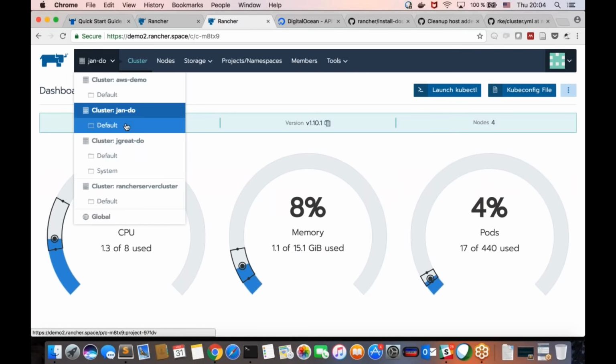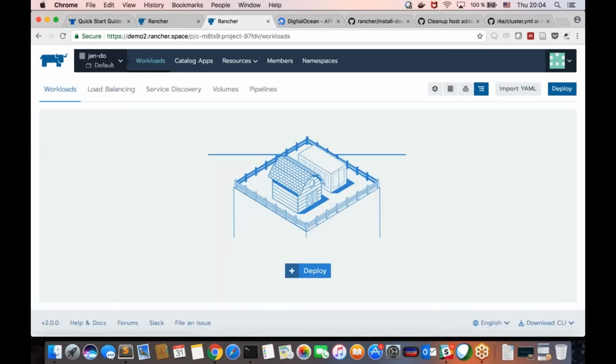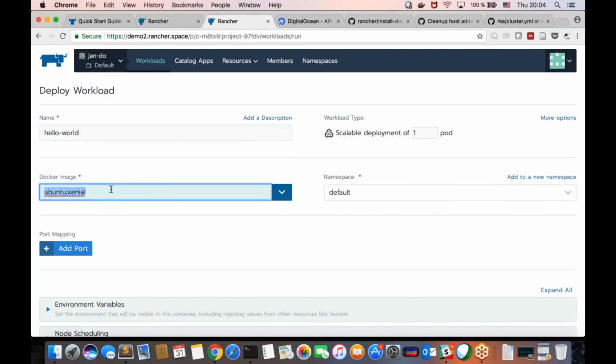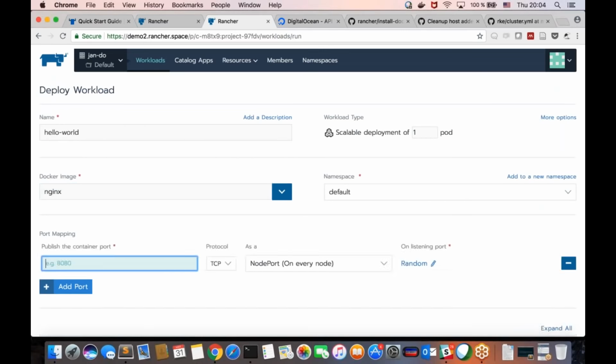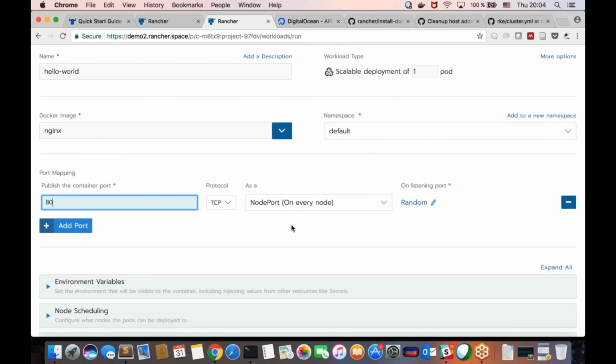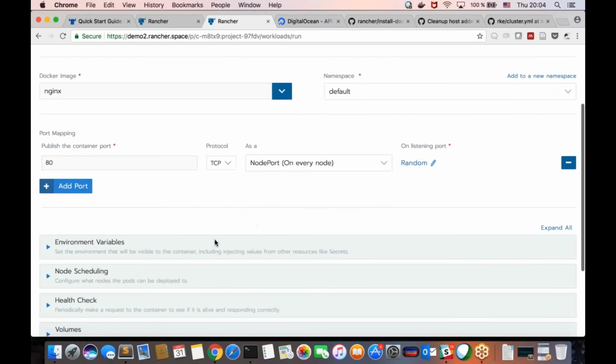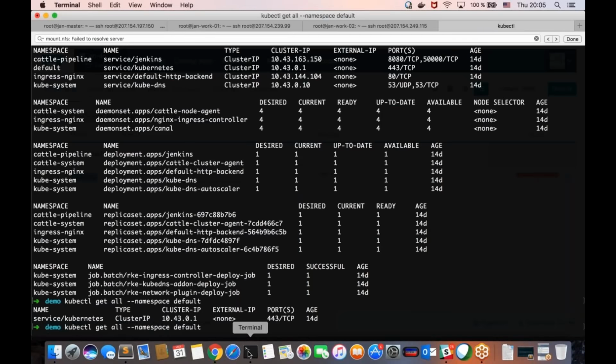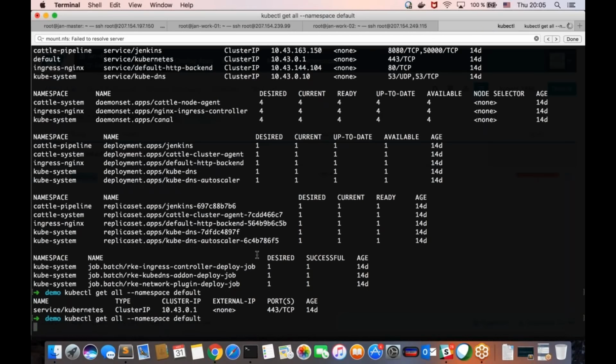So, okay, let's just replicate this here, and use a port mapping for the node port. And this container is running on port 80. And just launch it. And now when I query the default namespace, I should see